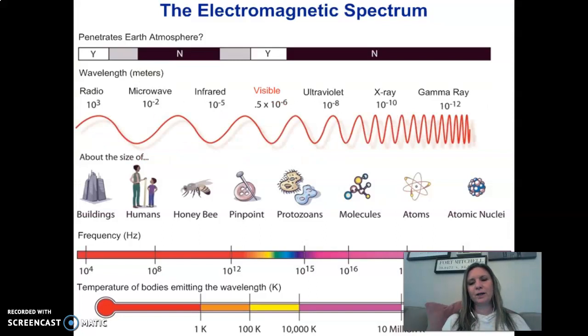Oh, I forgot it was so interactive. Here's just another picture. You can see, to give an idea, about the frequencies and how fast they're moving. So radio waves are really, really, really high, and they're moving free throughout our environment everywhere. Whereas all of a sudden it starts to jump down pretty quick. Infrared